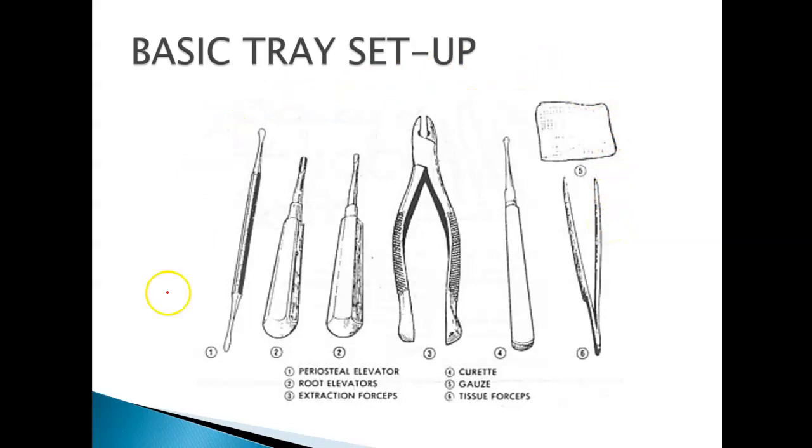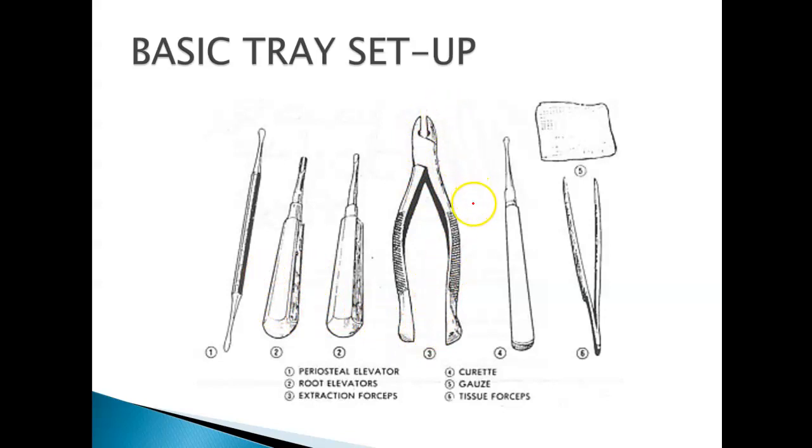So this is going to be your basic setup here. Like I mentioned, that's for a routine, simple type of extraction. If the extraction is going to be of an impacted tooth, then obviously we would need more instruments on our tray. We would need our scalpel, our blade, sutures, and possibly other types of instruments as well. There are lots of different types of elevators out there, and there are also many types of